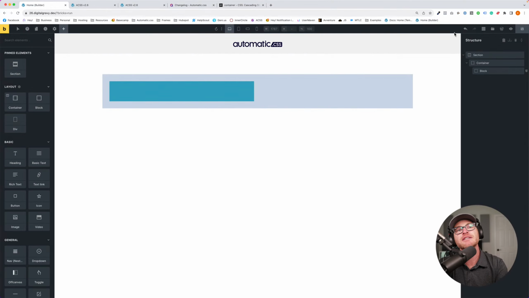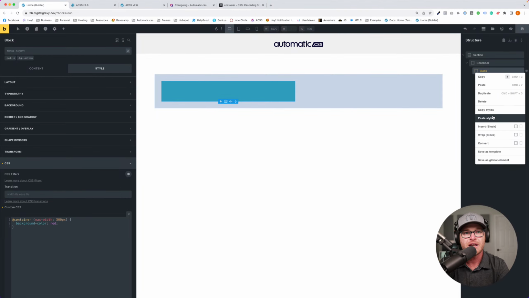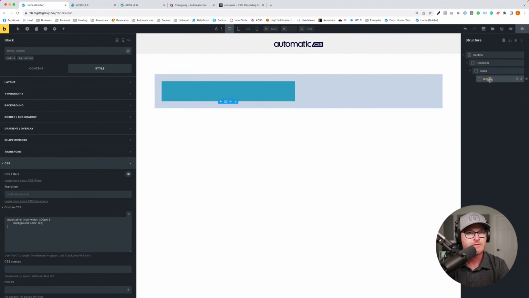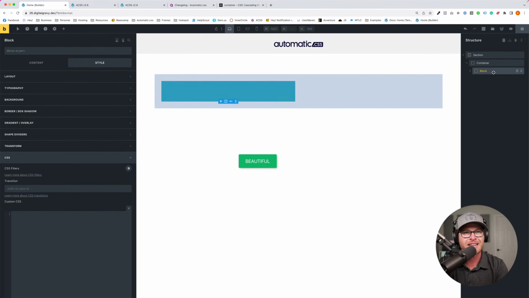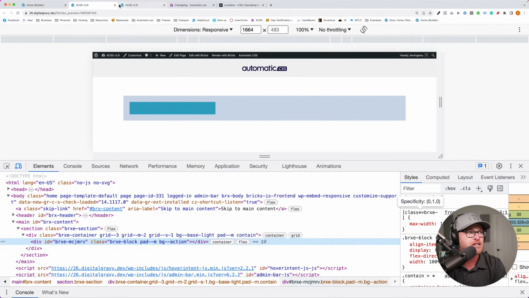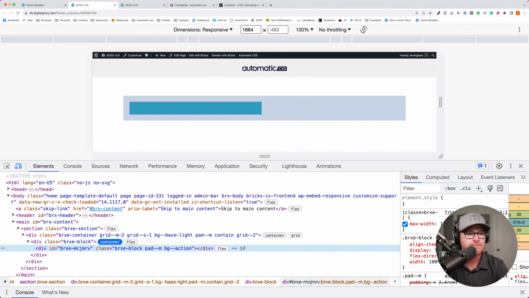Oh, that's right. That's why I'm showing you this in the first place. Wrap it with a block. See, I even made the mistake myself. So now this block and that block should talk to each other. You need a block that serves as the actual container, that's not the thing that you're trying to change. And that's still not behaving though. That is a container.